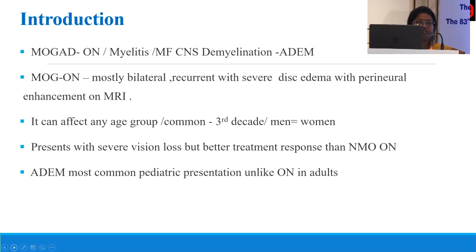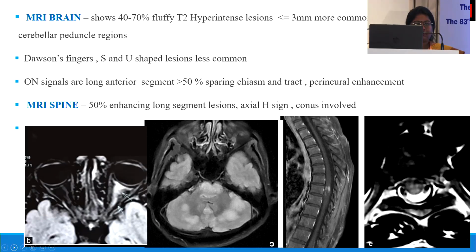But as the relapses increase, we have to be cautious because we may not get the same type of recovery. And coming to the imaging characters, we can see this type of, I think the cursor, yep, there it is. So you can see this type of anterior long signals along the optic nerve, which have a characteristic perineural enhancement that is typical for an optic neuritis, and they very seldom engage the chiasm and the posterior aspect of the